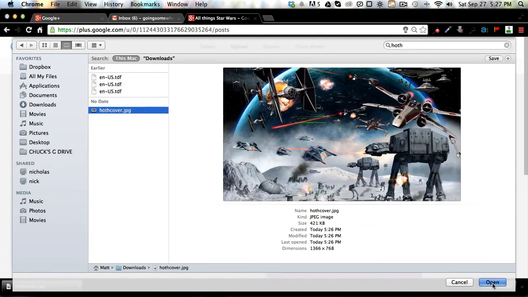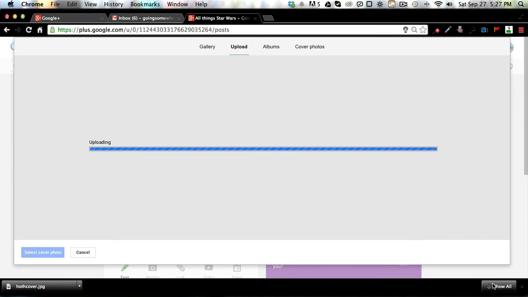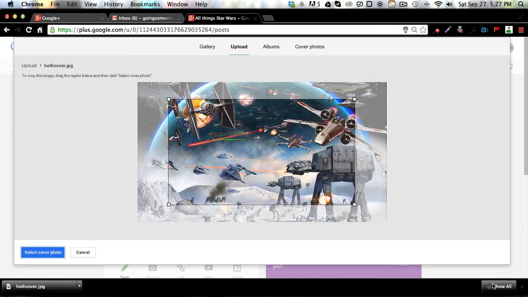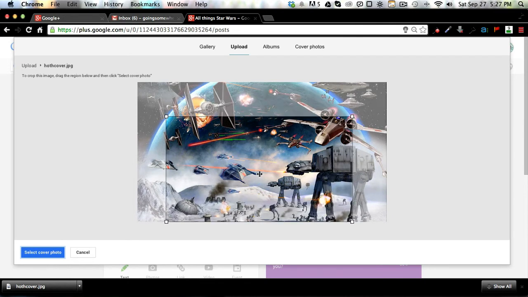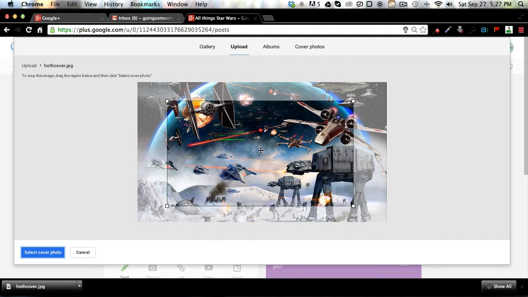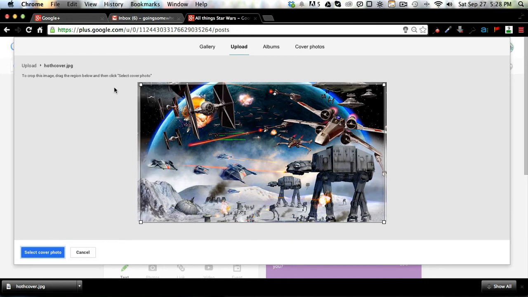And there it is right there. And it's a really cool photo, and you can crop it here. I want to get as much of this photo into the scene because it's such a really cool photo. It's got all the ice Hoth battle scenes with the AT-AT walkers and snow speeders and all that, but there's just as much going on up in space there with the Star Destroyers and TIE Fighters and X-Wings. So I want to really showcase all those